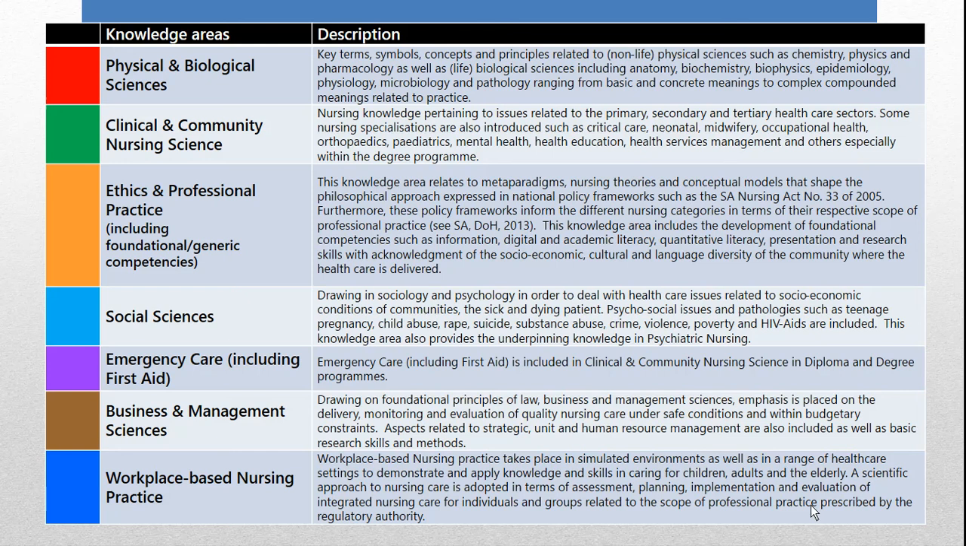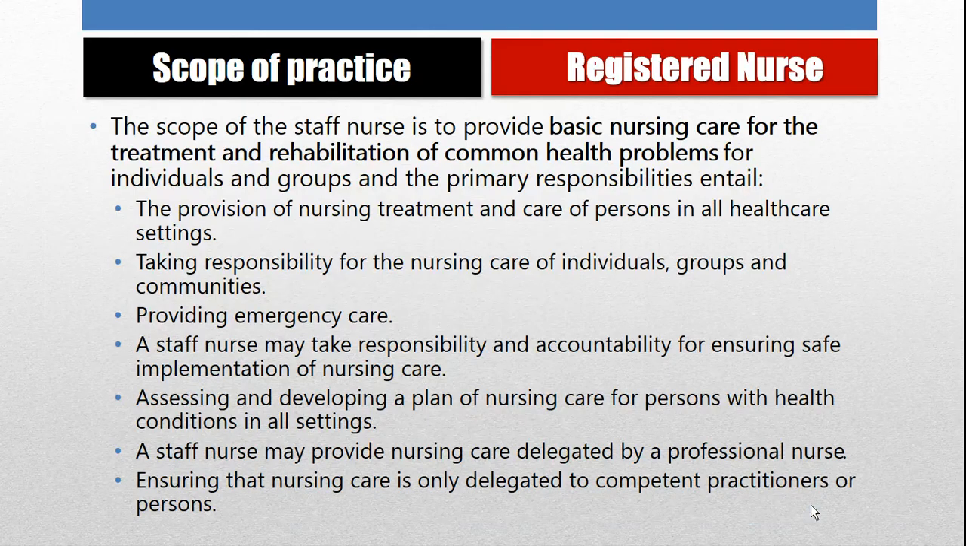I'm not going to go into the detail because this is spreadsheets upon spreadsheets of data. So I'm just going to show you the different types of knowledge areas, and they're color coded. This is the scope of practice of a registered nurse, meant for the diploma in nursing. It's about basic nursing care for the treatment and rehabilitation of common health problems. If you look at the terminology being used here, it's a generalist type focus. The person is introduced into the field, has a very broad knowledge of the different things, and must be able to work,